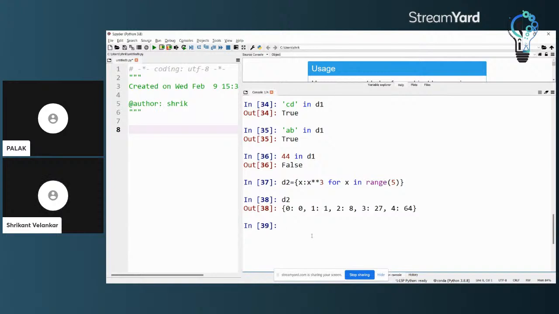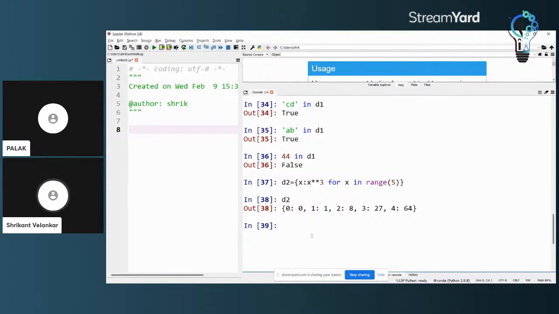Because the dictionary indexes are not 0 to n minus 1, we cannot carry out slicing, because for slicing I must have a start, a stop and optionally a separation. For that, the indexes must be numerically arranged 0 to n minus 1, or minus 1 to minus n if we are going in reverse order, which is not the case with dictionaries. Therefore conventional slicing doesn't work with the dictionary.